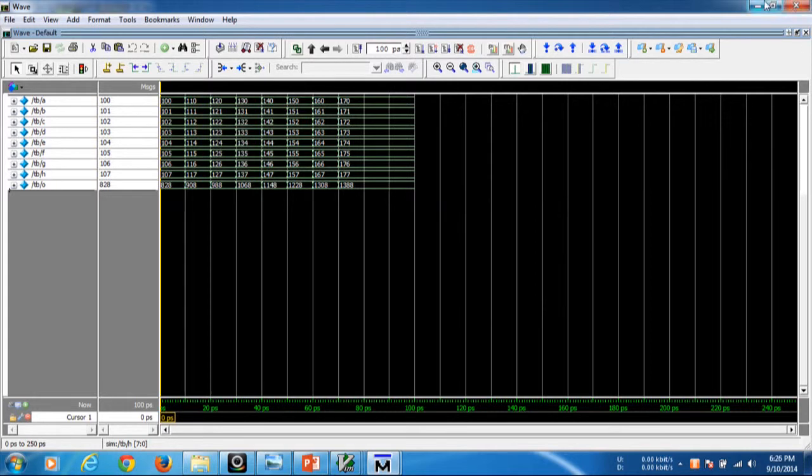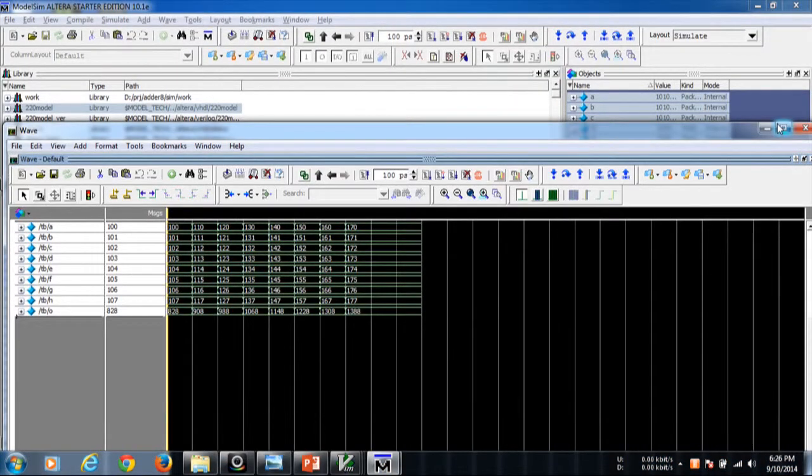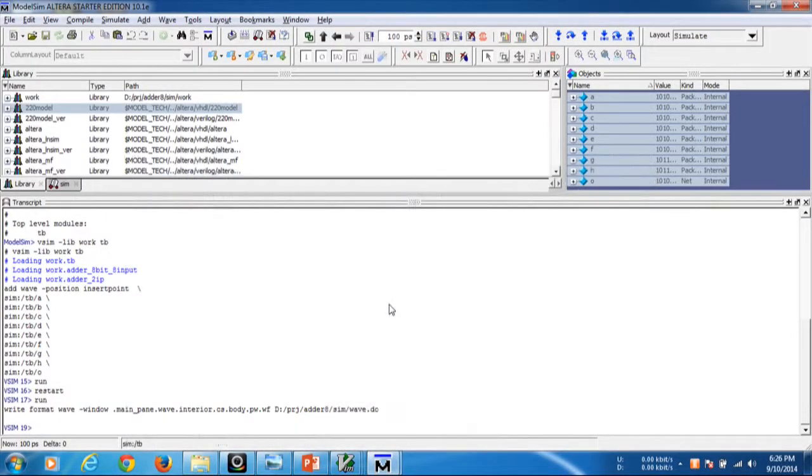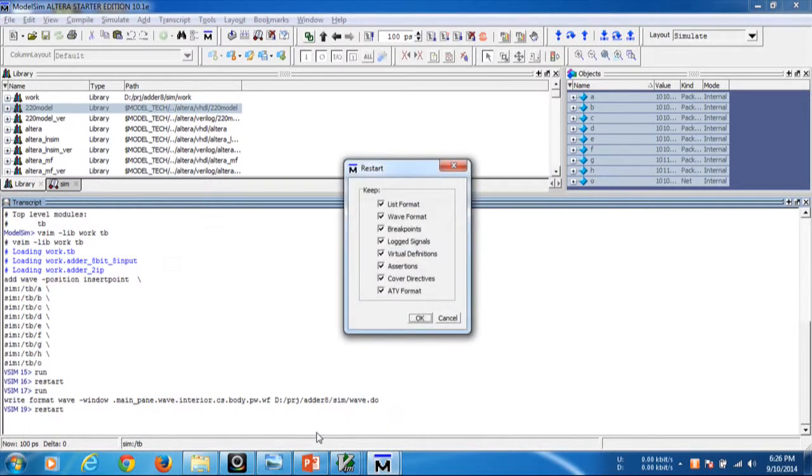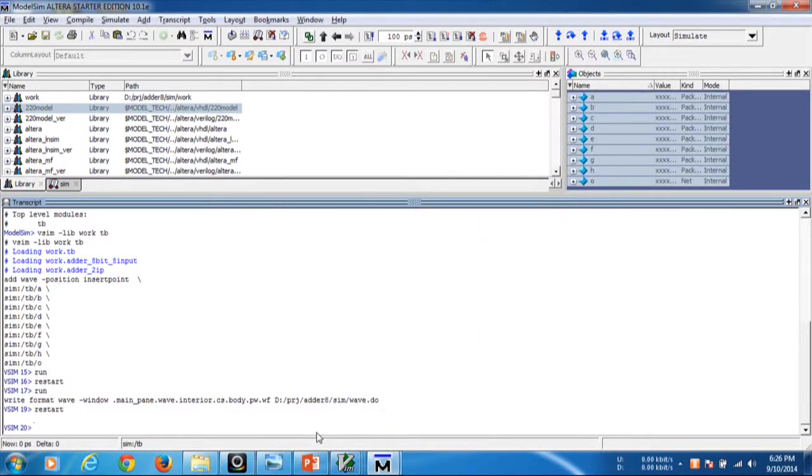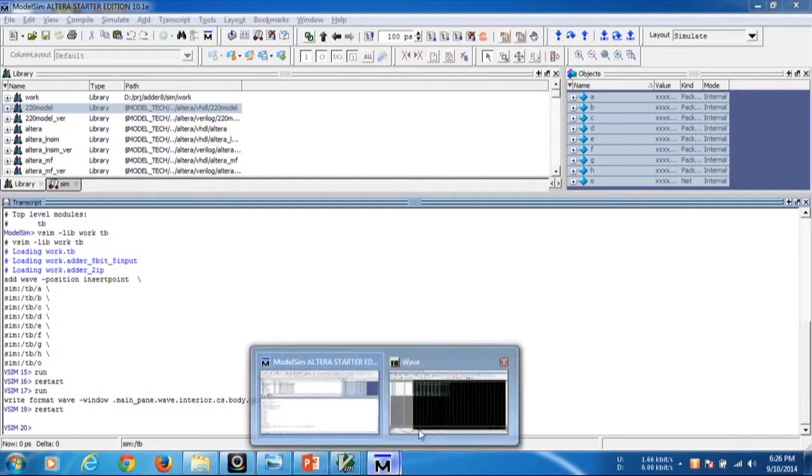So the waveform is simulated. Now you have to type the command restart. I am not typing the full command now, I'm just using the arrows and restarting. Now I am closing the waveform.